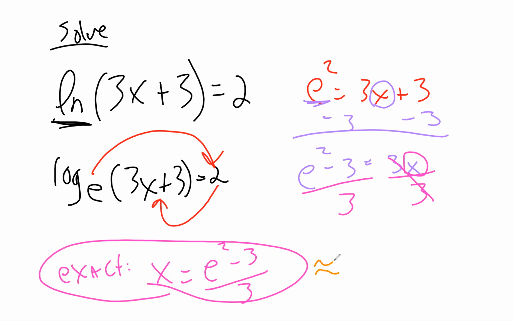If you were one of the folks who had issues with typing this in, the answer we should get is 1.46, but let's make sure that you are getting it. The first thing you're going to do is hit the e button and raise it to the second power. You're going to have to use your arrow button or parenthesis, whatever type of calculator you have, to come down out of there. Then minus 3, and hit enter. You'll get some kind of decimal. Then hit the division button, then 3, then enter again. That will give you this. Take a sec, make sure that you can type this in, and then we can move on to something else.